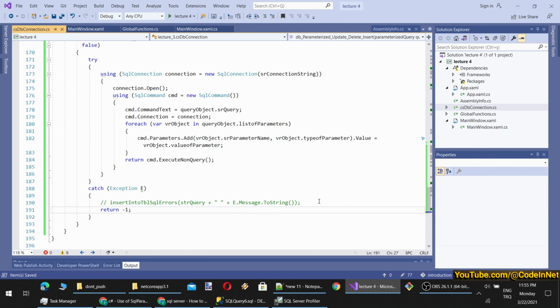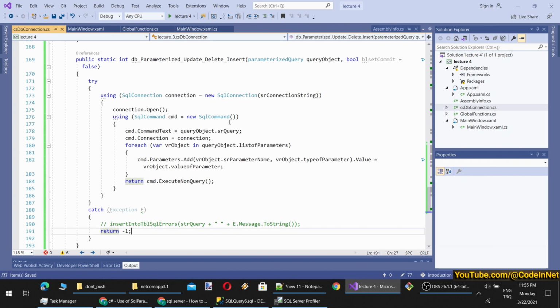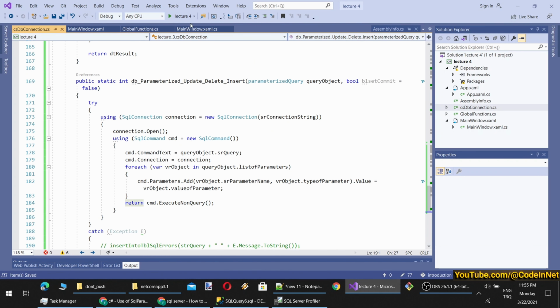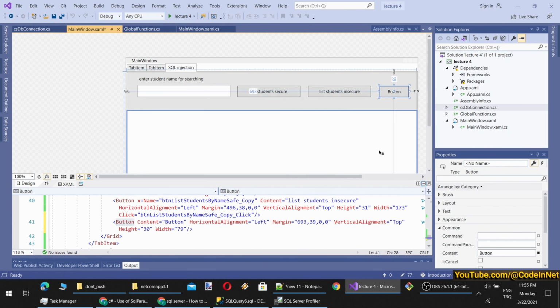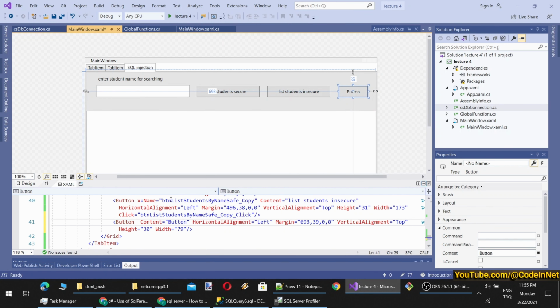So -1 is not otherwise possible. Why? Because it can be either 0, no rows affected, or positive. So -1 means that an error occurred in our query. Let's add a button to update all the student names in our database here. Okay, so let's name it secure update, secure update.